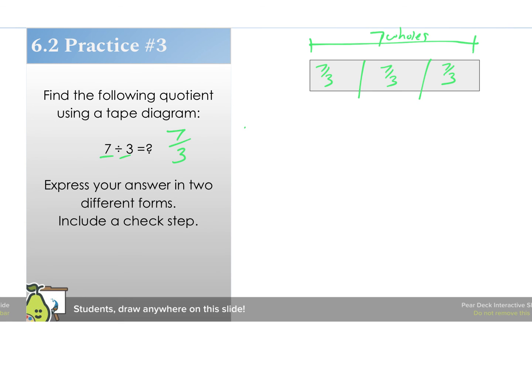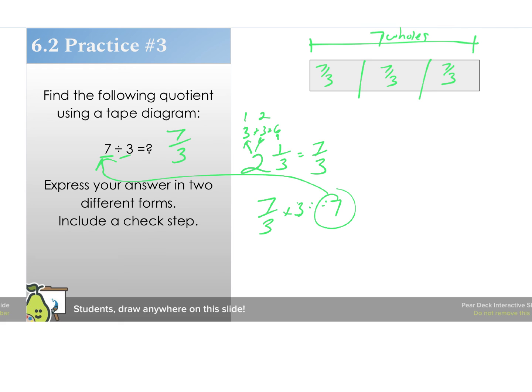7/3, we can say 3 plus 3 is 6. This would be 2 complete ones, so 2 and 1/3 is the same as 7/3, because this can be split into another 3 and another 3, and then you add the 1, so 6 plus 1 is 7. So 7/3, 7/3, and 7/3, and my check would be 7/3 times 3 is equal to 7,